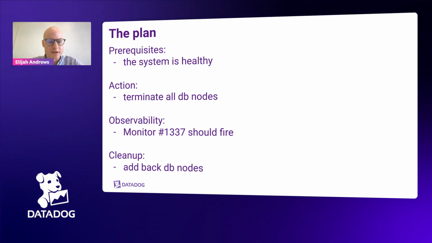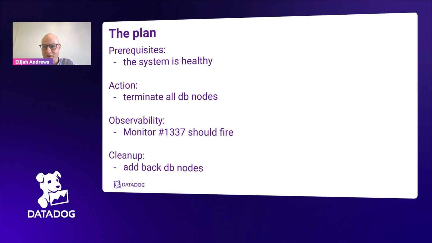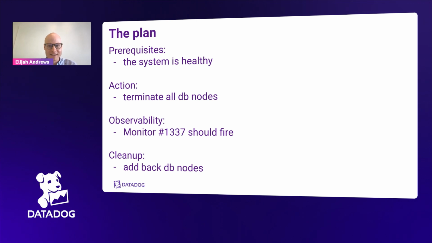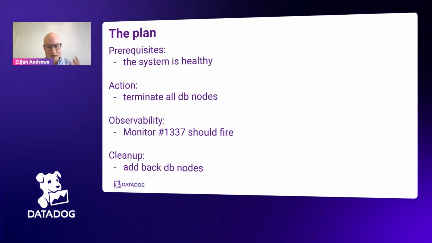And then finally, our plans also have a cleanup step. That's the inverse of the action that you're running, right? How do you stop this experiment? Usually for the cleanup steps, we have a specific command that anyone on the team following along with the game day can run, so that even if someone's in the bathroom or away from their desk, if we need to abort this thing, we can just run the cleanup command and clean everything up. But the most interesting part of the game day is our expectations.